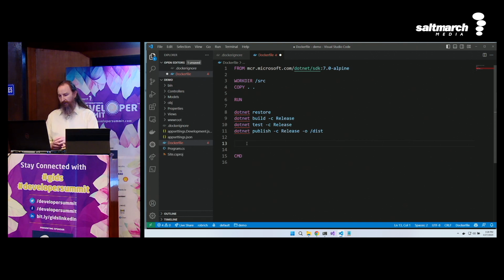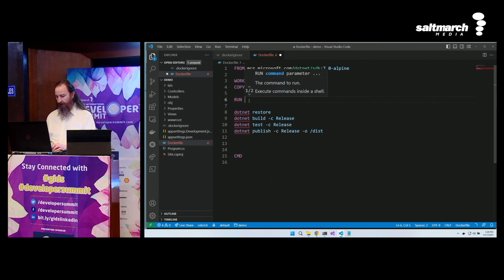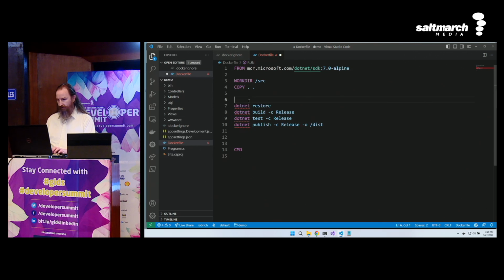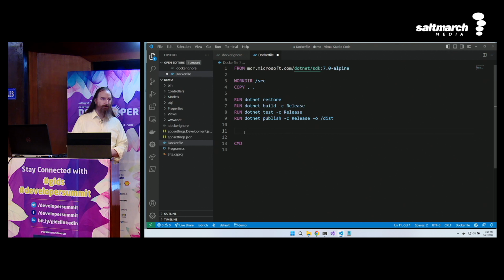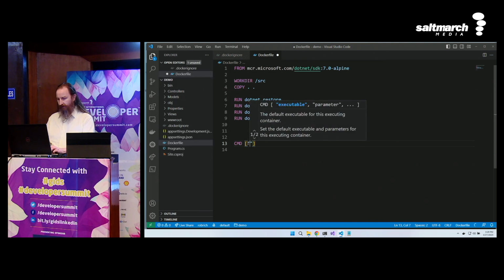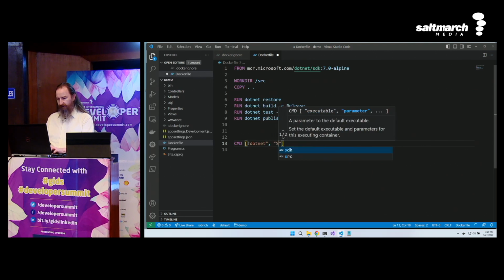website. So I want to run them as Docker commands. So let's run this one, and we'll run this one, and this one. Cool. We now ran those as Docker commands. Now, our CMD, the thing that we'll use to start it, let's say dotnet site.dll.